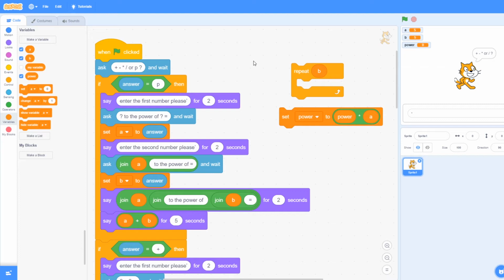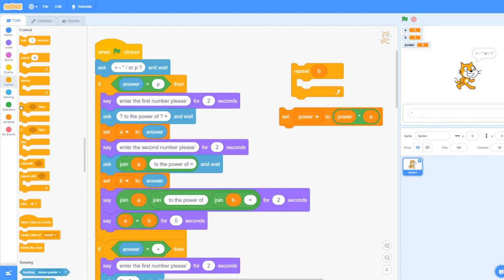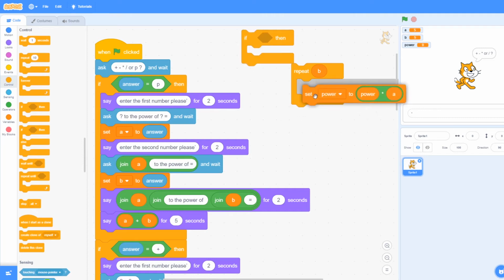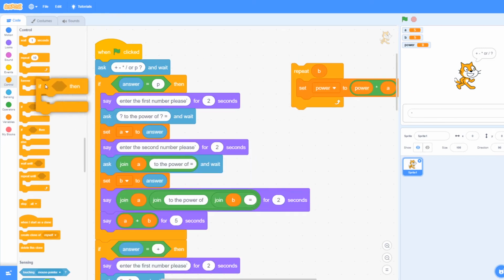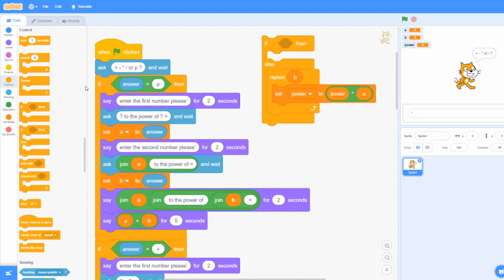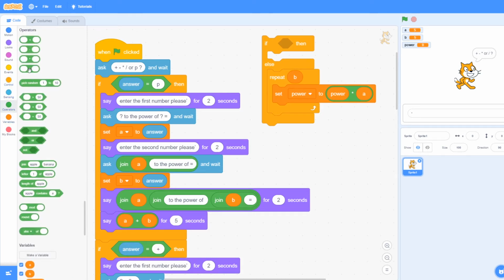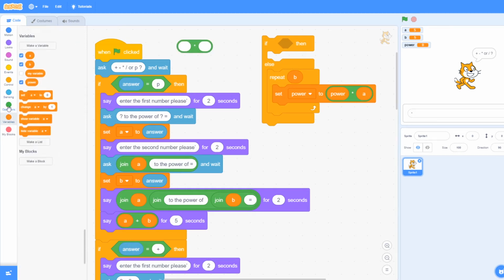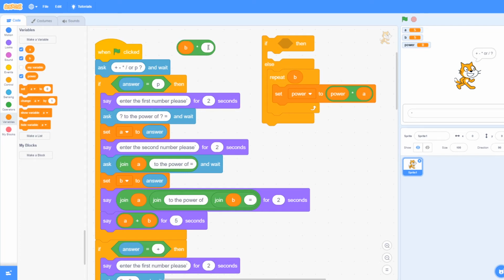Now we're not going to include to the power of minus numbers or power of 0, but what happens if we've got to the power of 1? So that will just be the number. So we need an if statement. Actually, we can use an if else statement. So if B equals 1, so we've got the equals. So if B equals 1, then we can set,